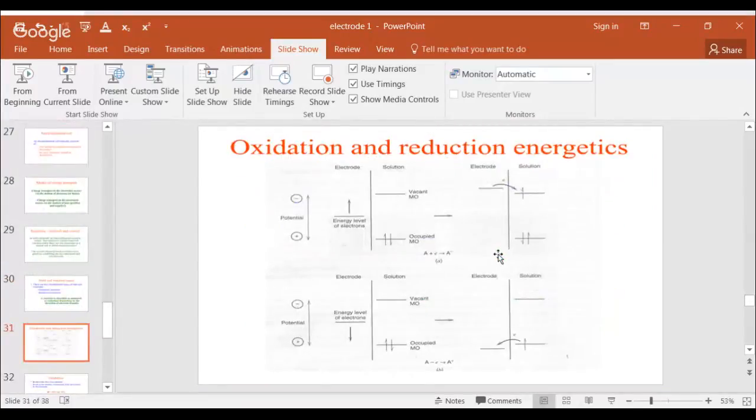This figure you are saying? Yeah, yes, sir, this figure. This figure is only a representation. It is not an electrochemical cell. Okay. What it means is how when the electron will